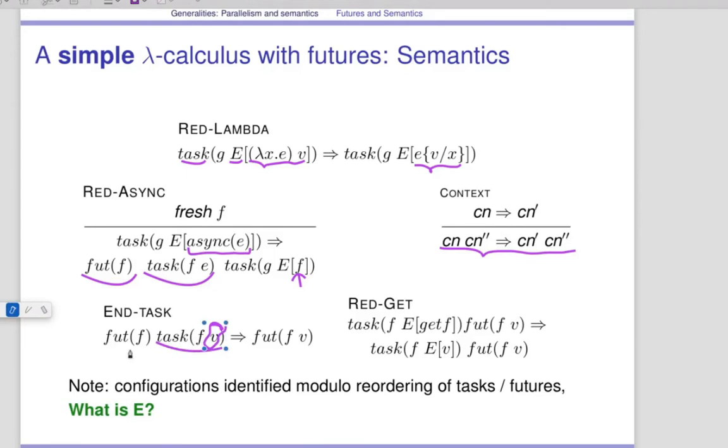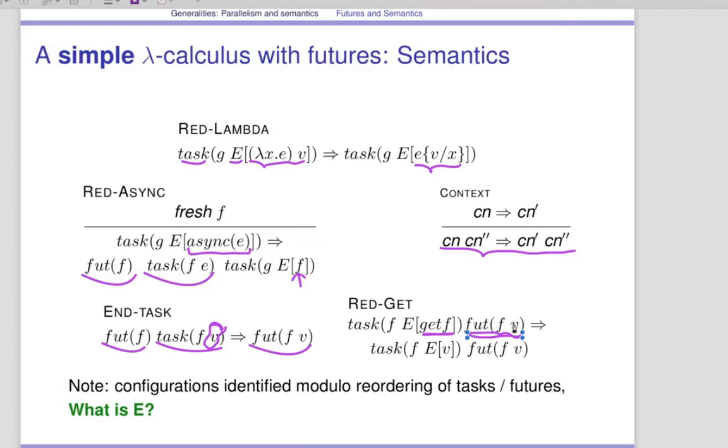Okay, so if it's a fully evaluated value, and of course I must have an unfulfilled future for this task, which is always the case in practice, then now the task disappears because there's nothing else to do, and the future is changed into a fulfilled future, so there are no more unfulfilled futures. Last thing is how to synchronize on this fulfillment of the future. That's the meaning of the get f statement. The get f statement says, oh, I'll check that the future is fulfilled. So that's exactly the fact that inside the configuration, there's a future f, and this future has a value v.